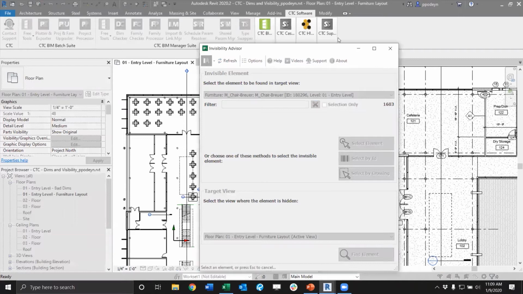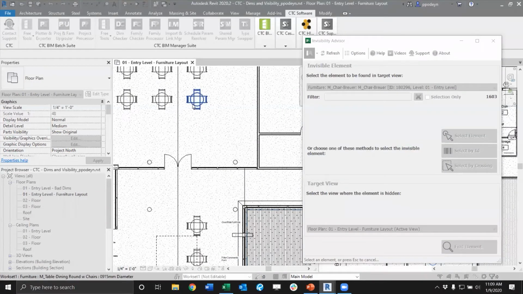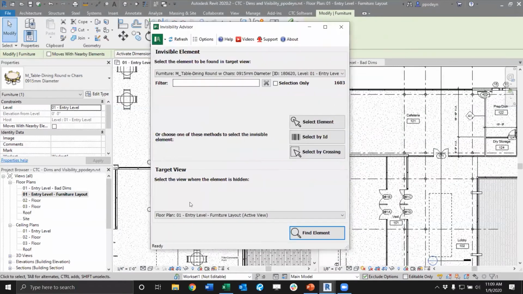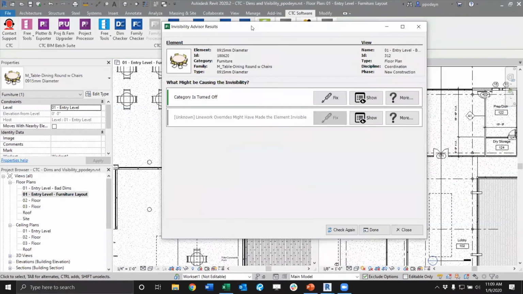So I'll hit Select Element, activate this view by clicking inside of it, and then I will click on one of these tables. So I have the table selected. I need to tell it what view I want to see it in. It's going to be in my bad dims view. So we're going to click on that, hit Find Element, and then it's going to quickly run through almost every scenario